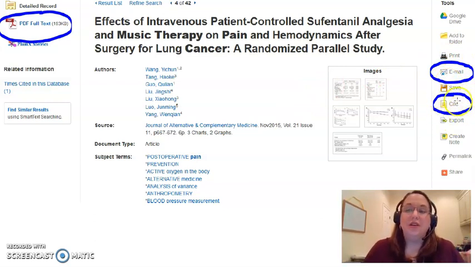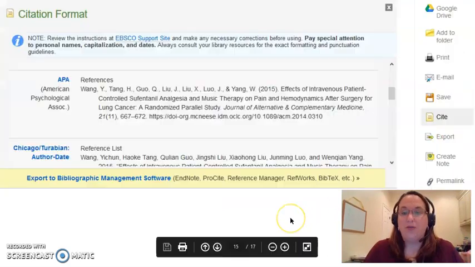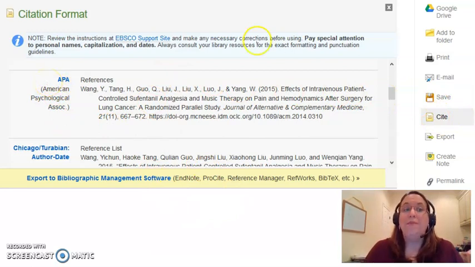And then you can also click on this little citation button. Caution. And they even tell you this. If you click on citation, it's going to pop open a little box and you can find APA and there's a citation. The problem is, pay special attention to this. Do not just simply copy and paste that into your paper and think you're good to go on your APA,